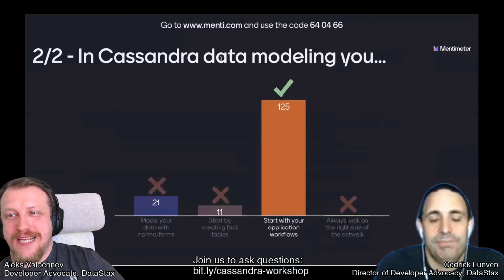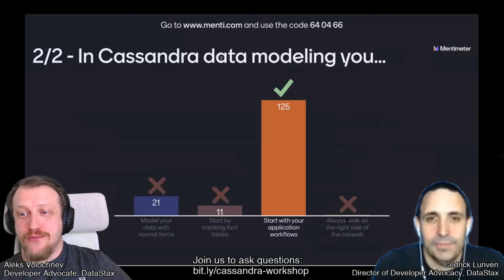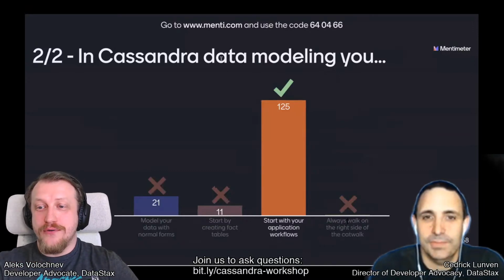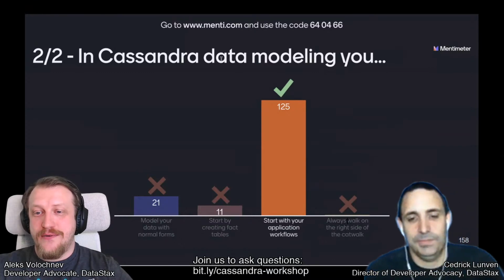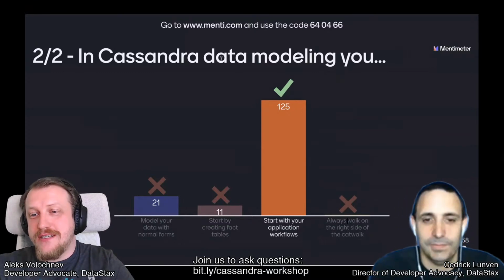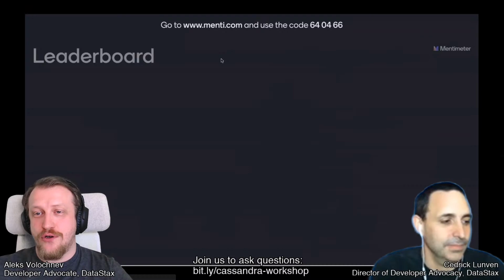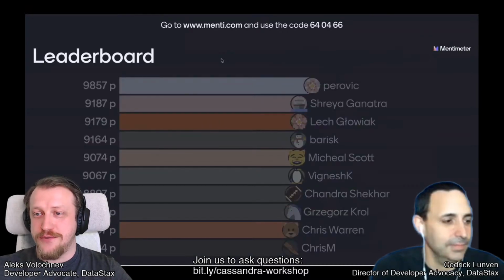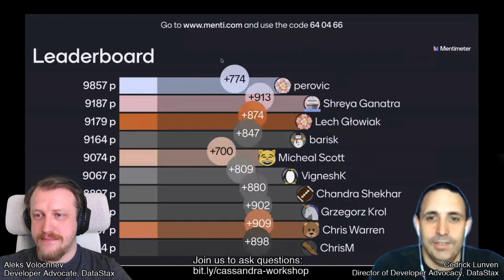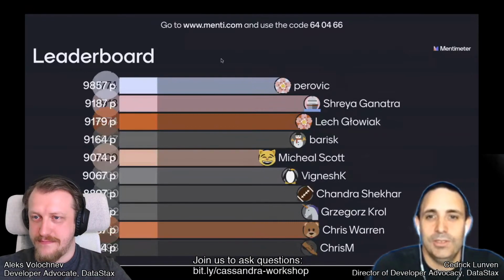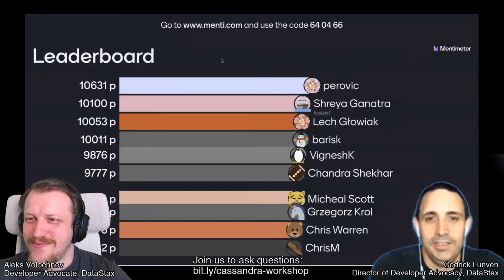In Cassandra data modeling, you start with your application workflows. Think how your users will use your application. Think of your queries. And the answer model your data with normal forms is wrong. Sorry, we don't use normal forms. We go with denormalization.